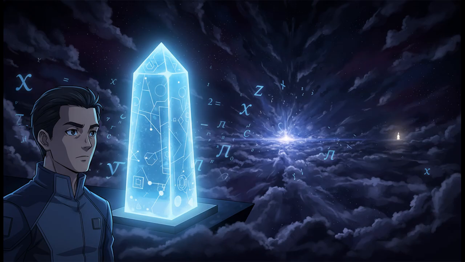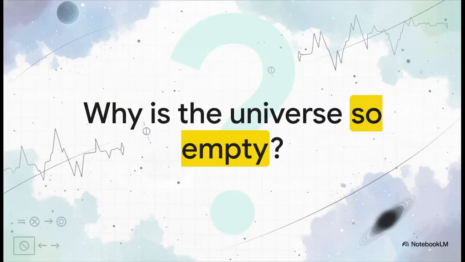The problem? Our best, most trusted theories in physics predict that the number should be, well, it should be 1. That gap, that chasm between what we predict and what we see, is a staggering 122 orders of magnitude. It's, no joke, the biggest error in the entire history of science. And that leads to the one giant question that has kept physicists up at night for decades. Why? Why is the universe so unbelievably empty? What mysterious force is canceling out all of that energy that our theories say should be there, canceling it out almost perfectly, but not quite?